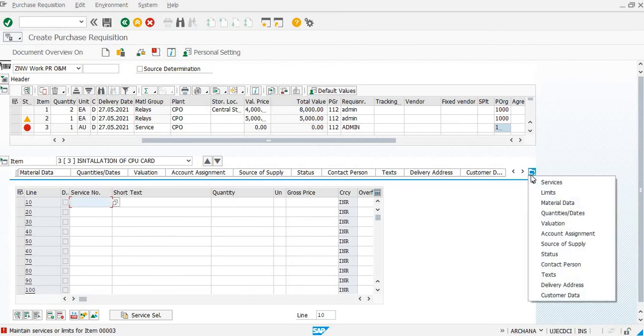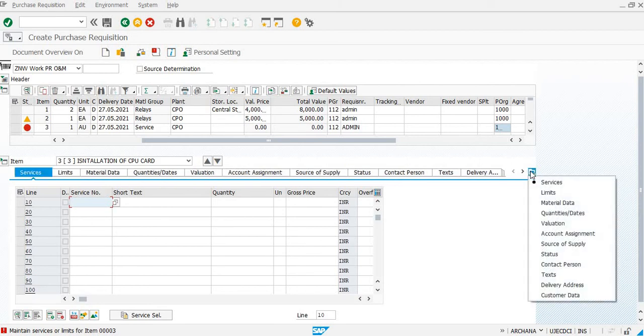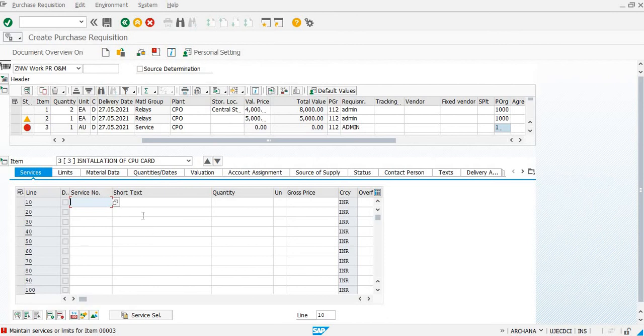If we click on this icon, we can see there are 2 options, services and limits. In such cases where the total amount and its division amounting to different services is known, we'll take the services option. And the second case is when the total amount of the service is known but its further division according to the services is not known. In such cases, we'll take the limits. So first we are considering the case of services.